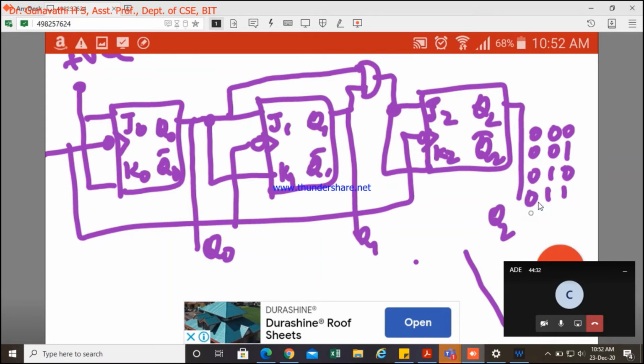So in the next clock, the last output will be 1. So what about the outputs here? It depends on the previous, right? Since it was toggling here, it was 1, so I'll be getting 0 here. This was 1 here, so it toggles here, so it is 0 here. These two are 1 1, so it toggles here, so 1. So we get 1 0 0.